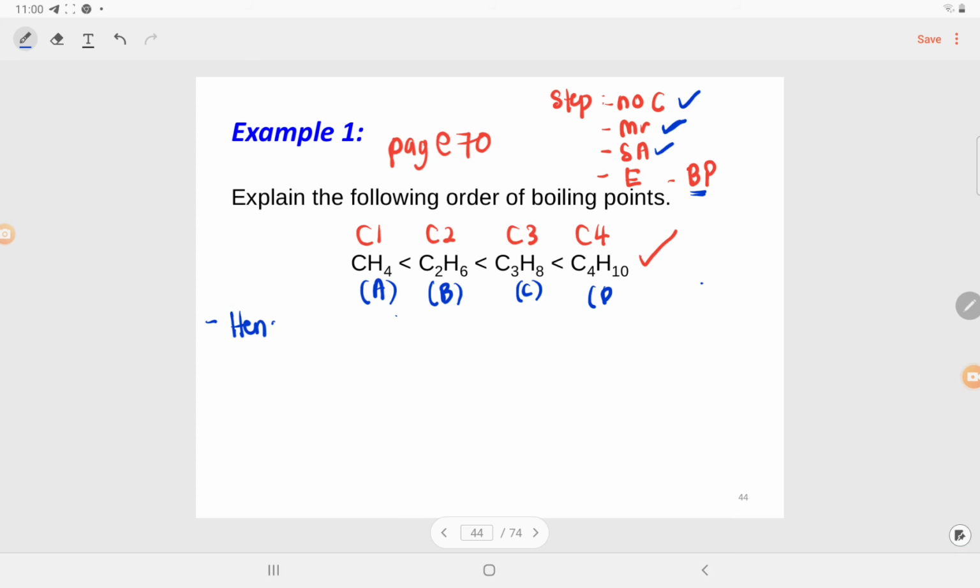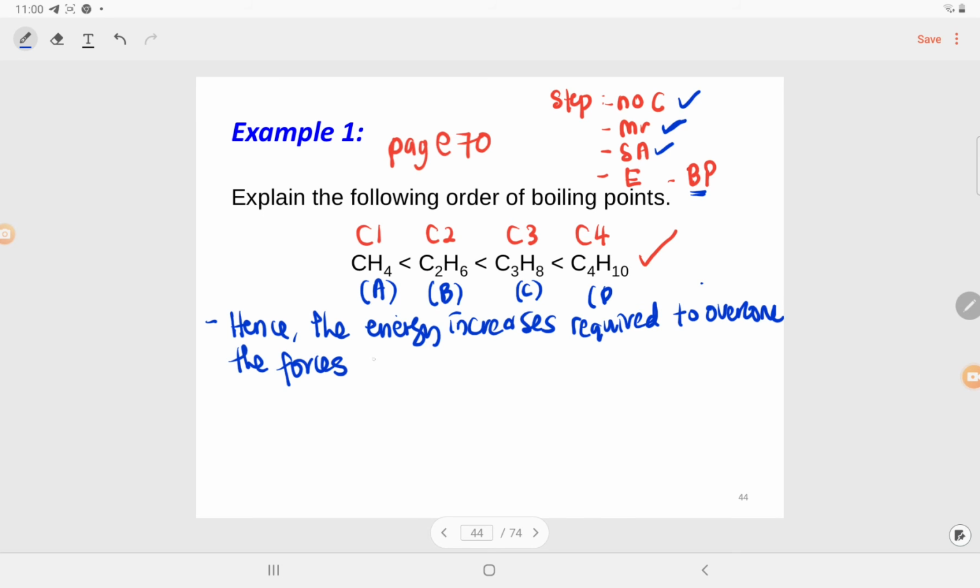So we can start: hence the energy required to overcome the forces between molecules increases